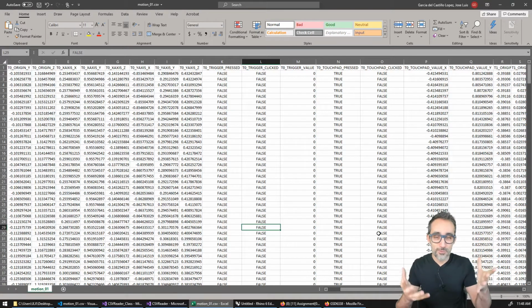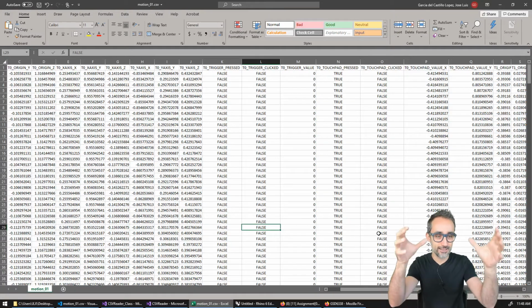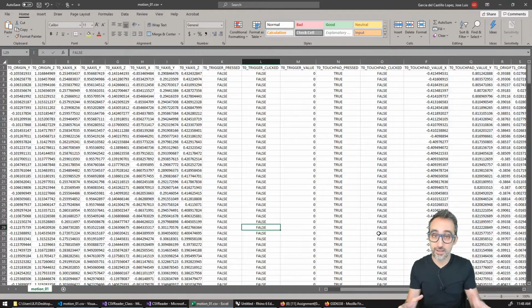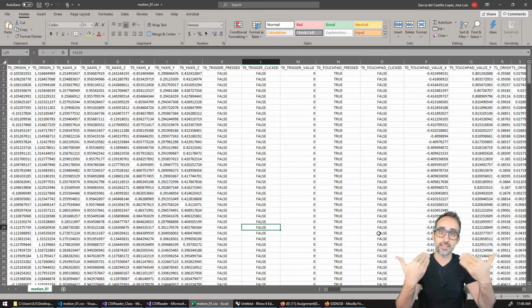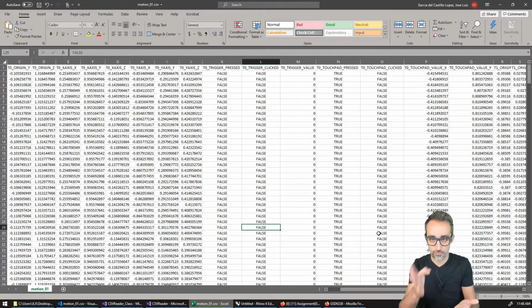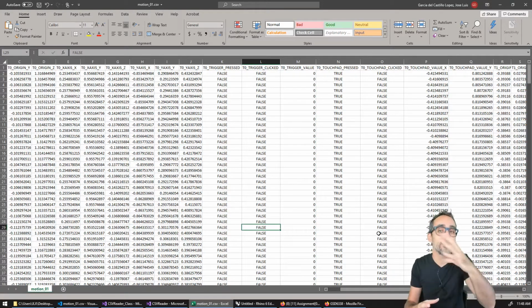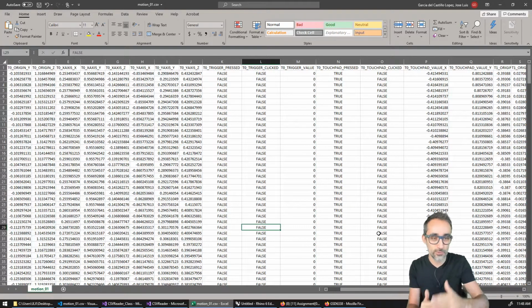Hi, and welcome to this video where I'm going to show you how to take a CSV file which contains a dataset of the motion that was recorded by moving video game controllers in three-dimensional space. Then I'm going to show you how to parse all this data, bring it into a 3D modeling environment like Rhino and Grasshopper in this case, and write C# scripts to take all this data, parse it, and then turn it into three-dimensional planes that we can use to visualize this data and then to perhaps manipulate it and create some kind of nice visualization of this motion, which is what I will do in the next video